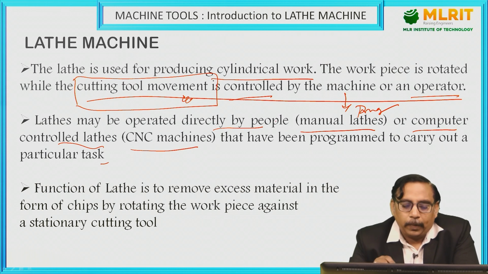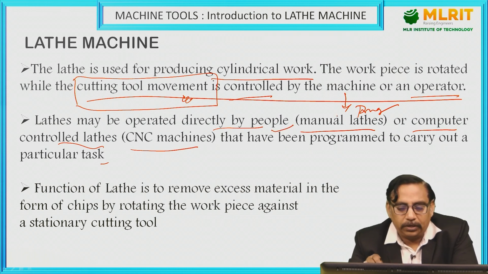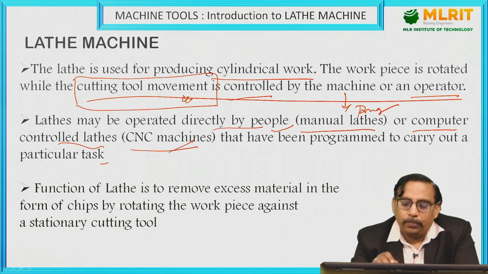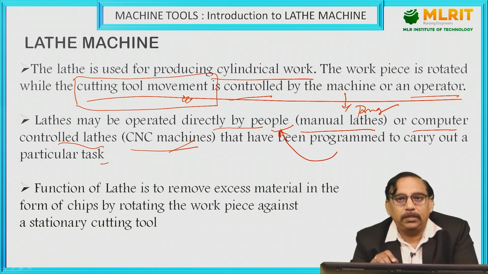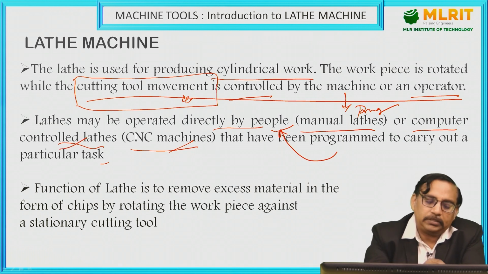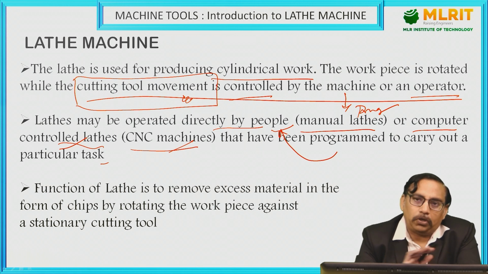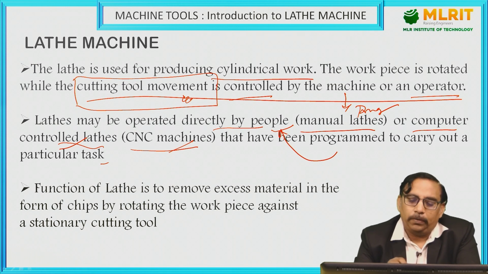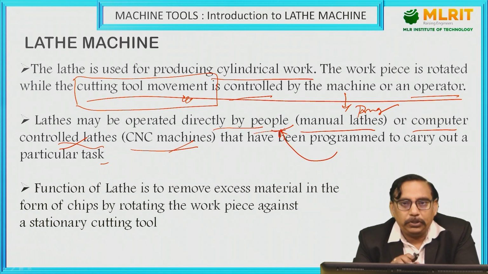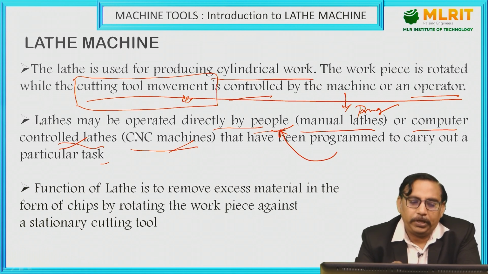But here, lathes which are being directly operated by people are called manual lathes. Even for CNC machines, programming should be done by people only, right? Once the program is finalized, it will be fed into computer controlled lathes such that the operation will be automated. Once the operation is started, there is no human intervention at all. But in manual lathes, the operator should be there, because he will be controlling the